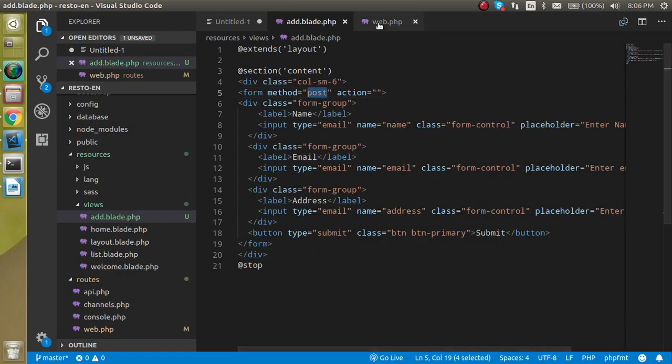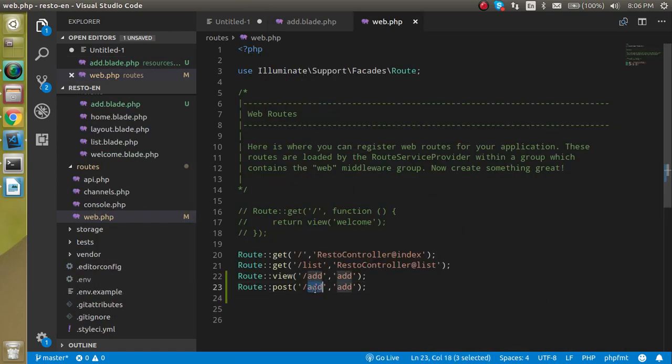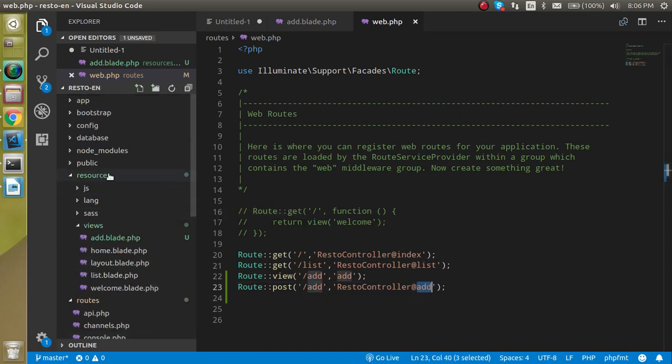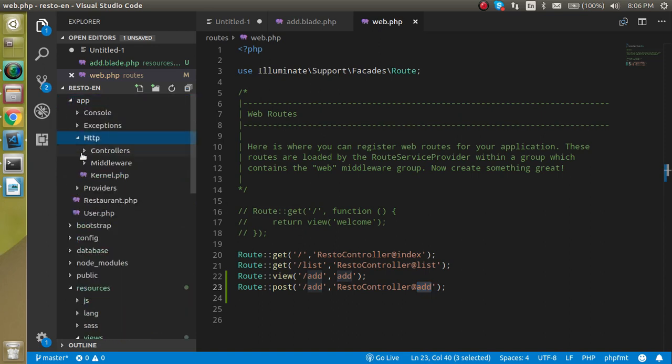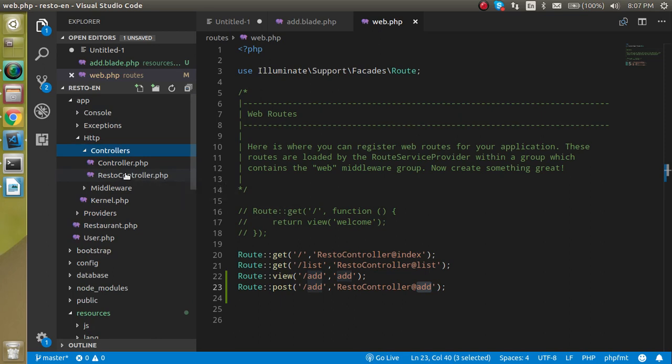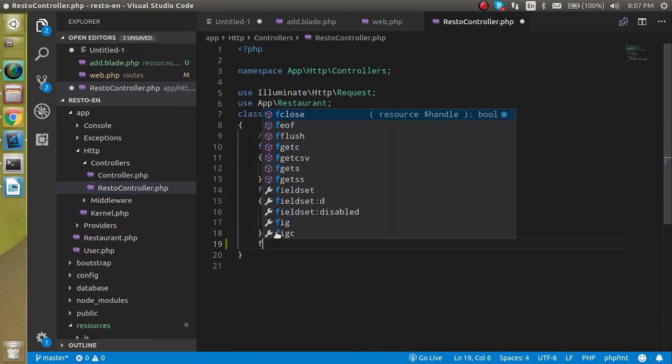The add can also be fine here, because this request goes for a view and this is for the post. If we are just sending a post request, it will come directly to the test one. So now we can add the restaurant at the rate add. All right, so now let's make an add function inside your controller. Let's open the app, http controller, and here let's add a function,